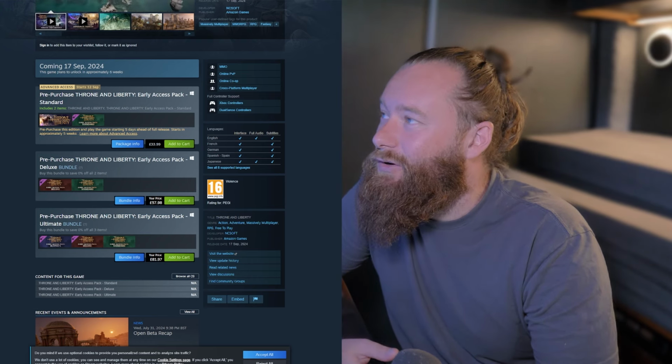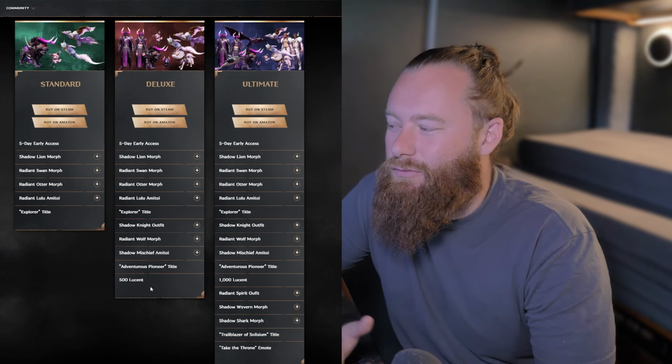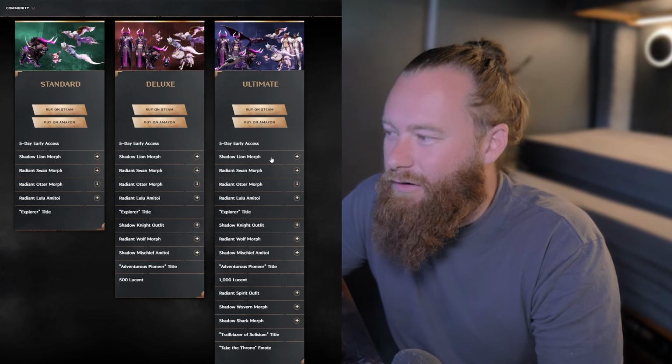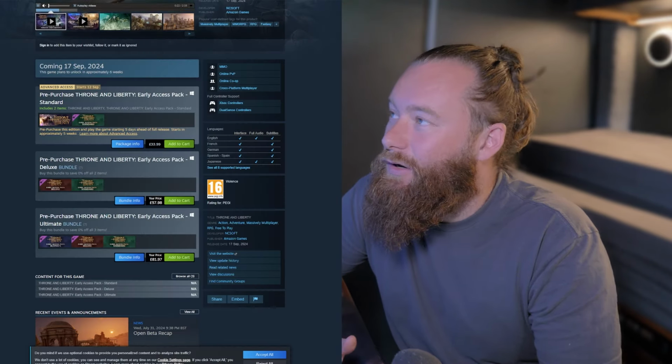£60 for this one, and you're getting 500 Lucent. In the game currently, 500 Lucent won't really get you anywhere at all. You might get a part of a growth stone, so like nothing. Okay, and the final one, which is 81.97, you're going to get everything that you got in the previous 2